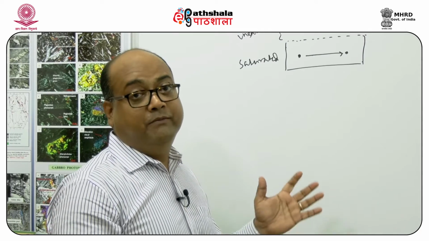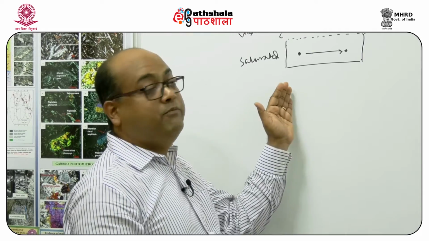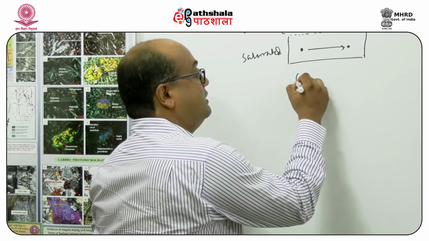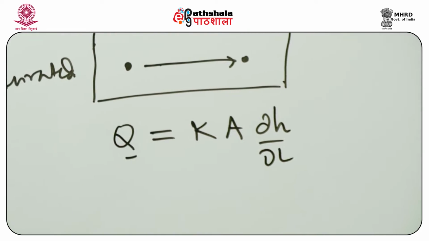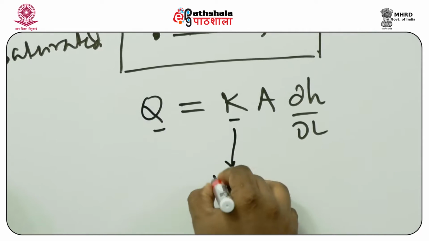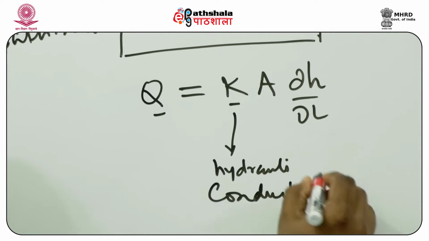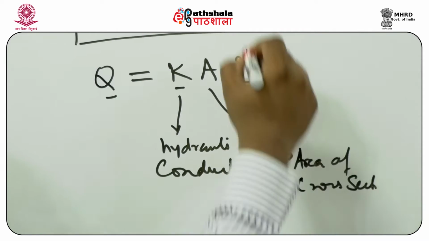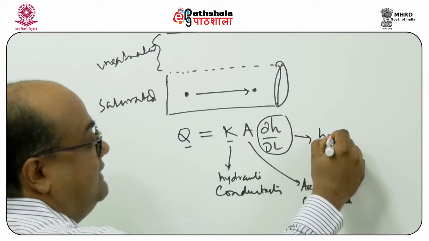Now the equation, which is very famously known as Darcy's law, quantifies the volume of water that is flowing from one point in the aquifer system to the other point in the aquifer system. Let me write very briefly what Darcy's law is. Darcy's law states that the volume of groundwater flowing per unit time is equal to the hydraulic conductivity, which is represented by K, known as the hydraulic conductivity. A is the area of cross section of the aquifer, and this term is known as the hydraulic